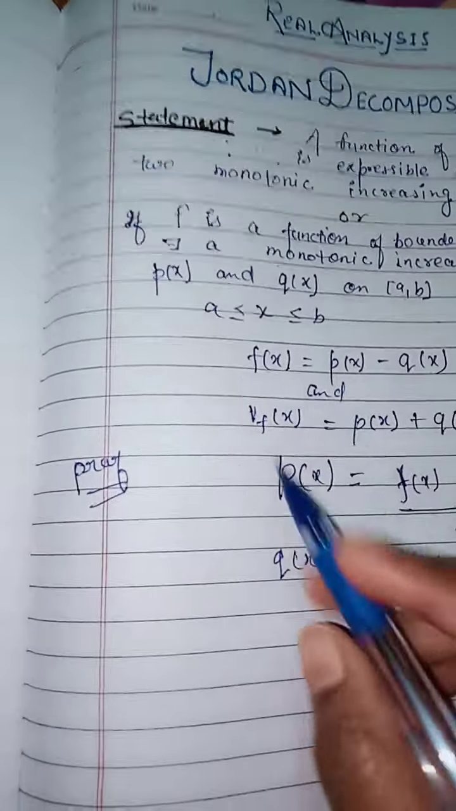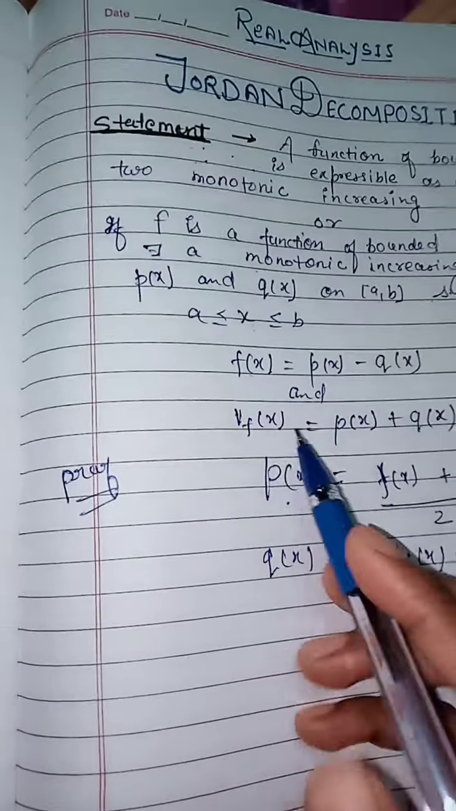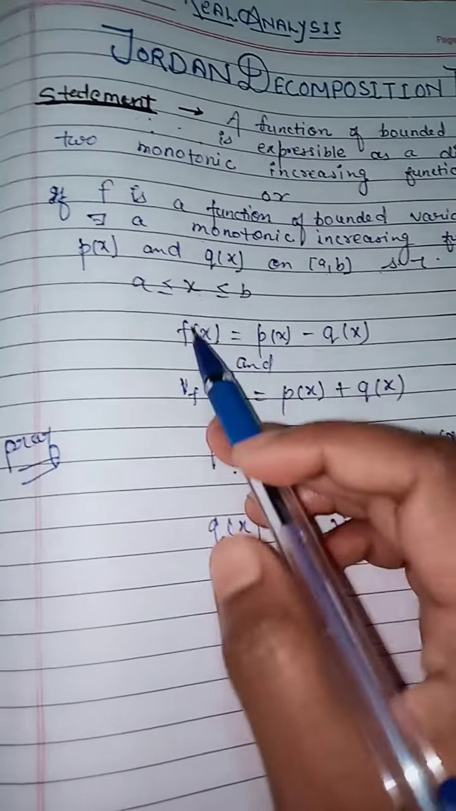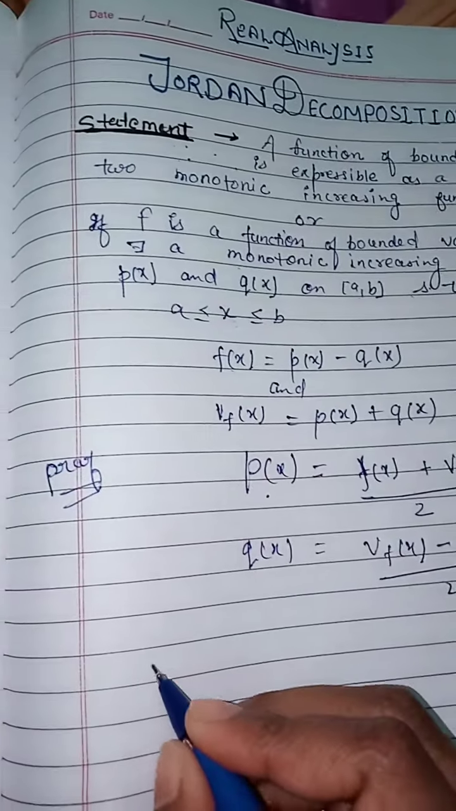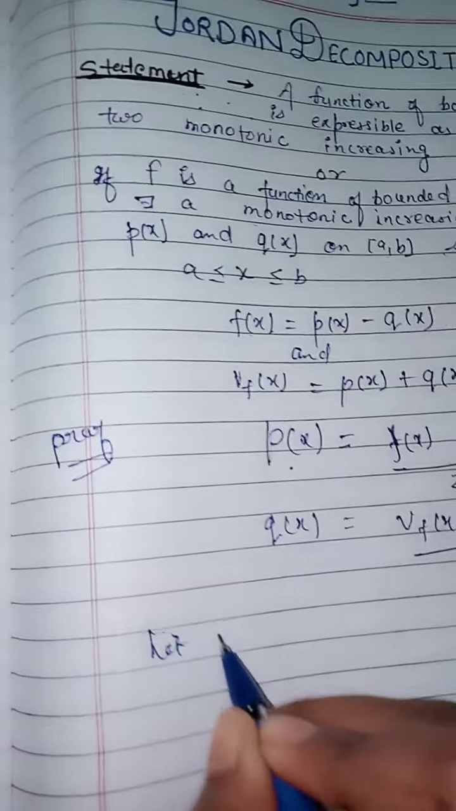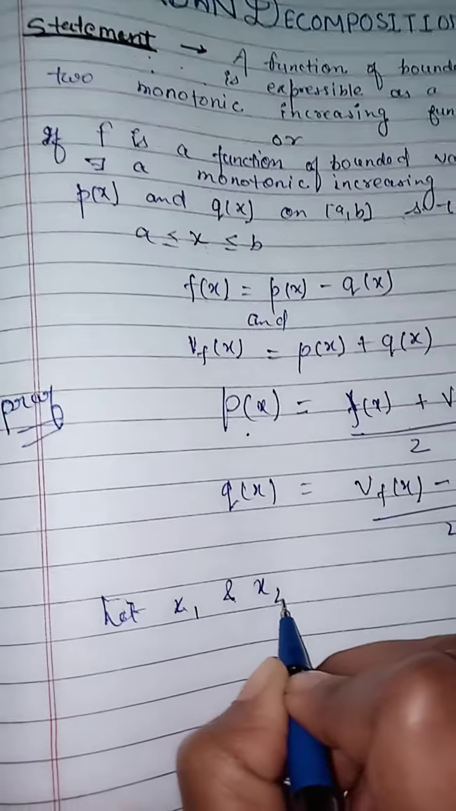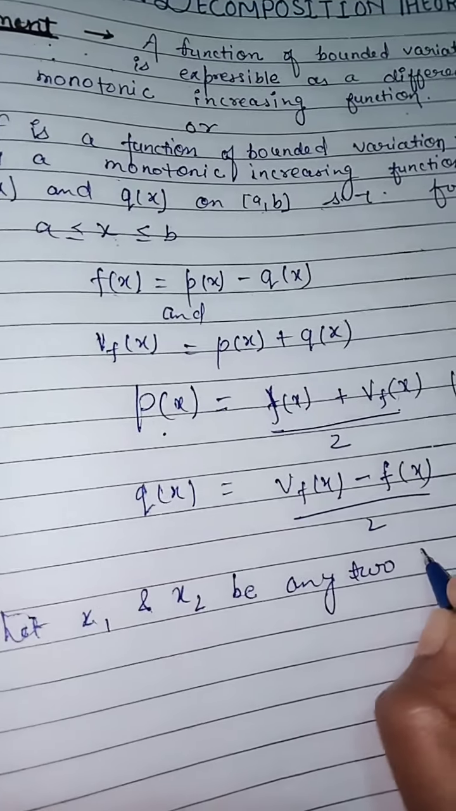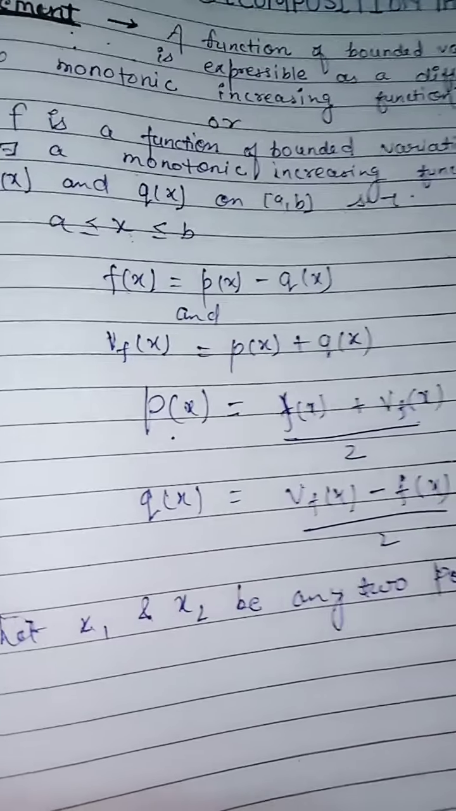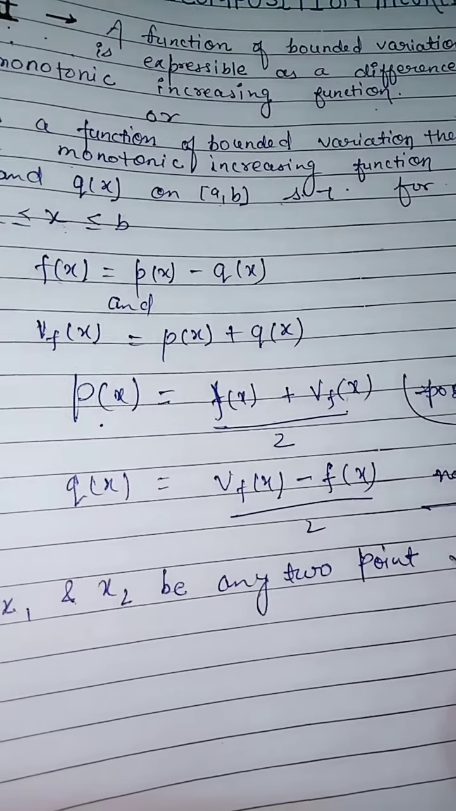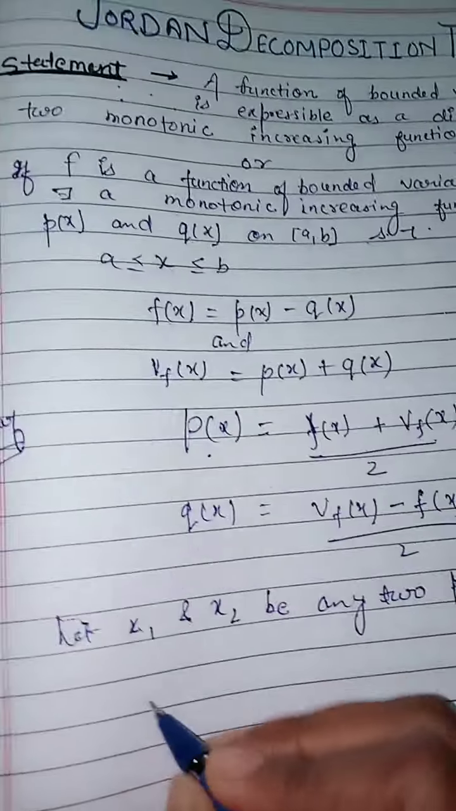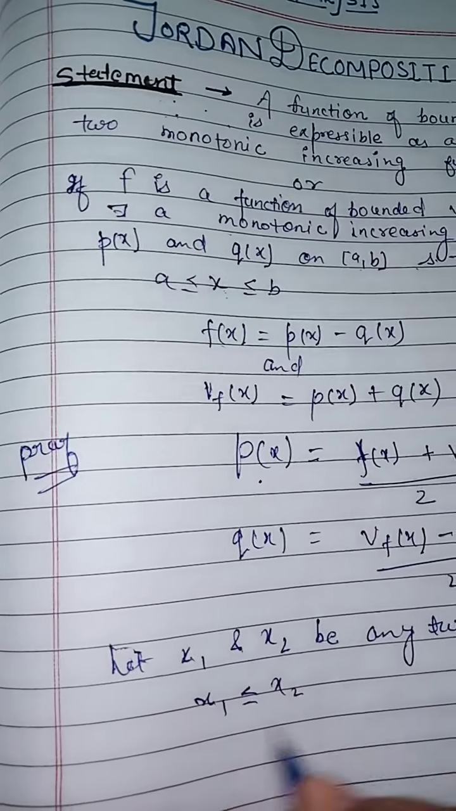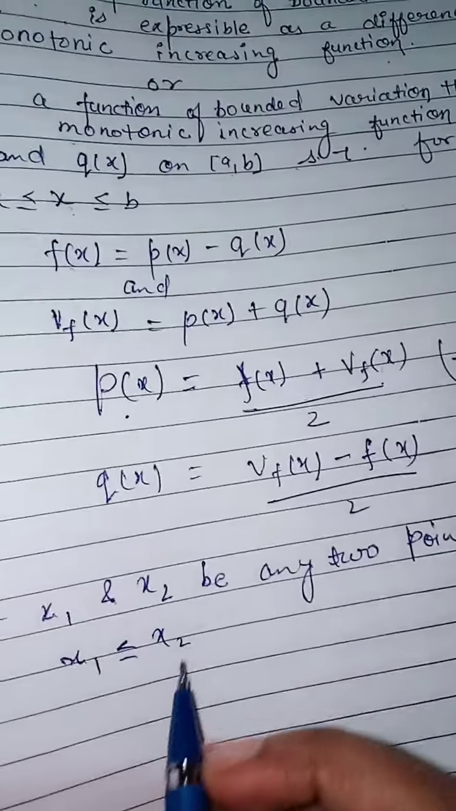Okay, so for your understanding you can write it down here. Let's understand the proof of this theorem. First of all, we have to take two elements in the closed interval [a, b]. So let x1 and x2 be any two points in the closed interval [a, b], and x1 is less than or equal to x2, which is a monotonic function, so it is in increasing order. Then